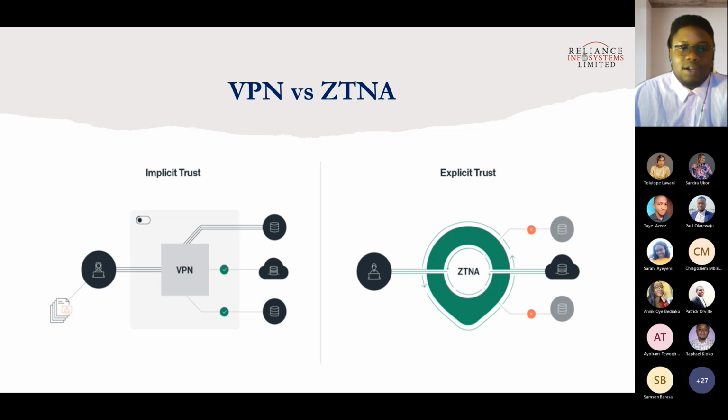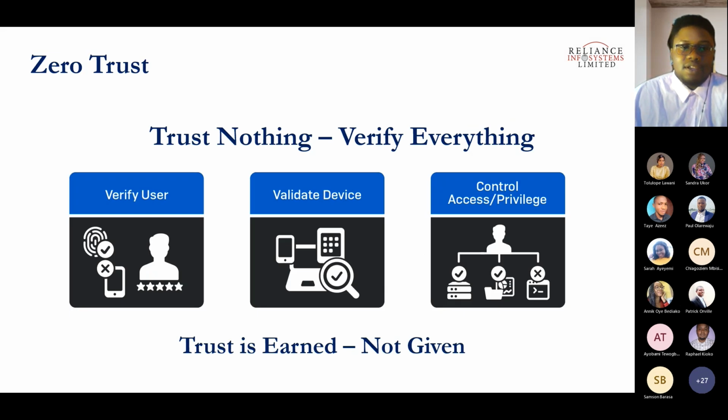Then to further go into detail in this, as I said previously, Zero Trust, or ZTNA basically, so that's Zero Trust Network Architecture, focuses on trust, implicit trust, basically ensuring that whoever is connecting or whoever wants to connect to your resources, be it in the cloud, be it on premises, are properly verified. So as I said before, it carries out multiple approaches to verify not only the user, but the device they'll be using to connect to your resources, as well as the assets they can access within your environment. So it provides implicit trust and ensures that whoever is connecting to your resources is properly verified to do so.